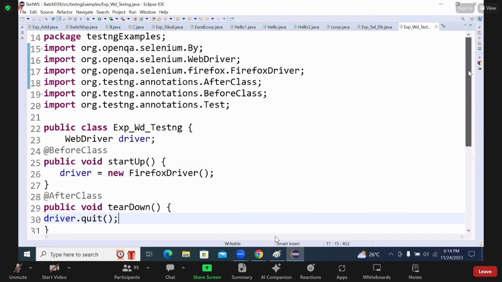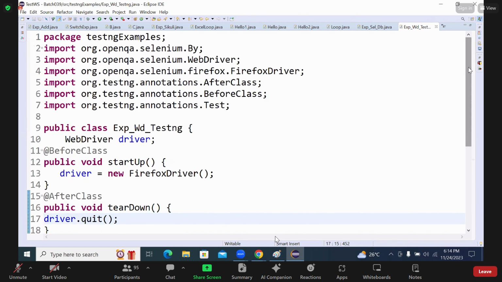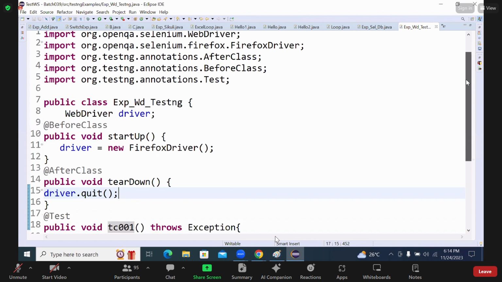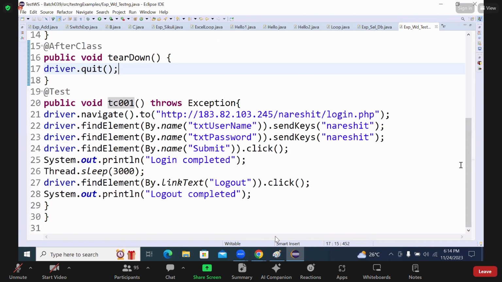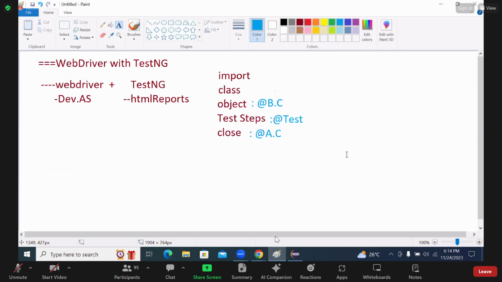In this way, you are taking care while working with the combination of WebDriver with TestNG. Everything in WebDriver, according to the requirement, we applied with the particular TestNG annotations. Okay, let me execute. Before execution,